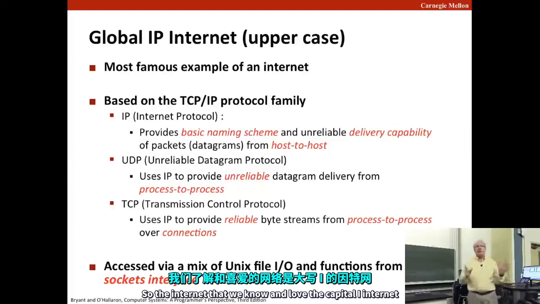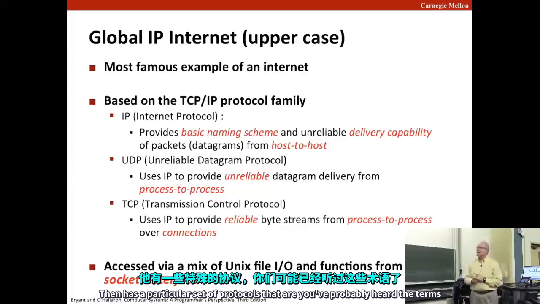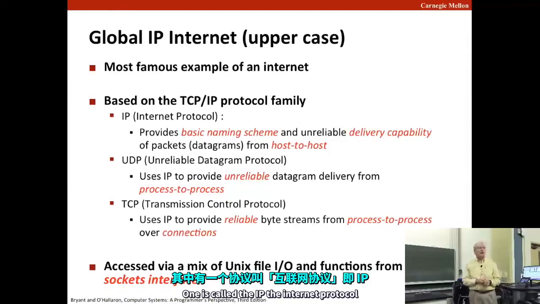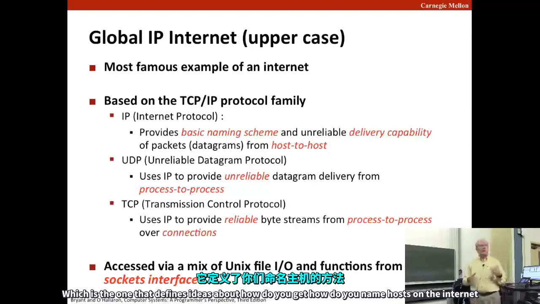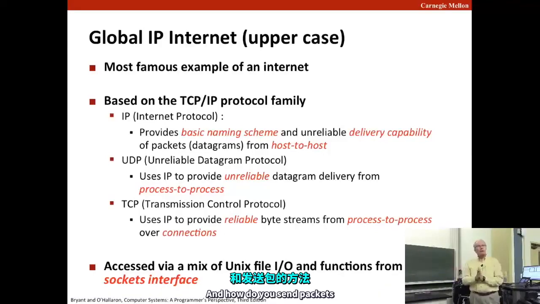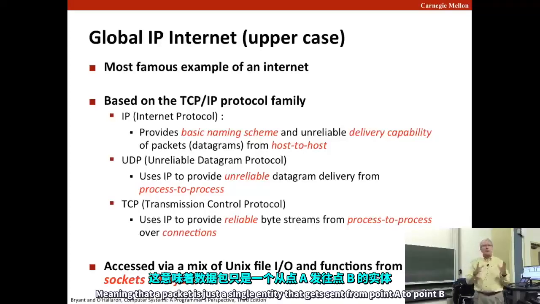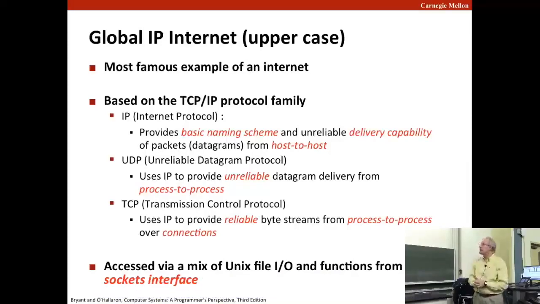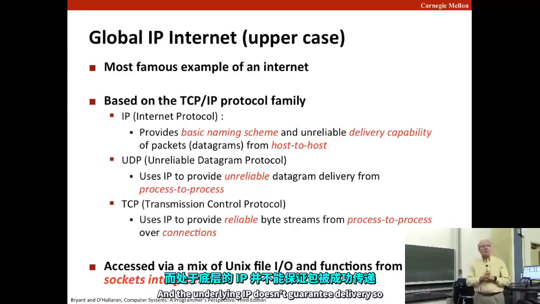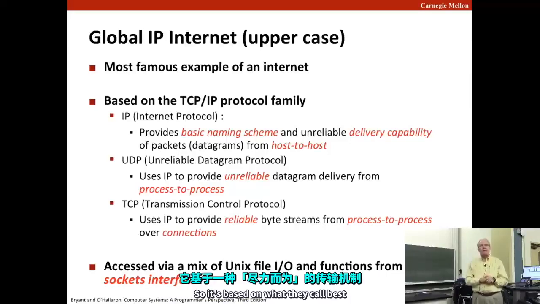So the internet that we know and love, the capital I Internet, has a particular set of protocols. You've probably heard the terms. One is called the IP, the Internet Protocol, which defines how you name hosts on the internet, and how you send packets. They're referred to sometimes as datagrams, meaning that a packet is just a single entity that gets sent from point A to point B. And the underlying IP doesn't guarantee delivery. So it's based on what they call best effort